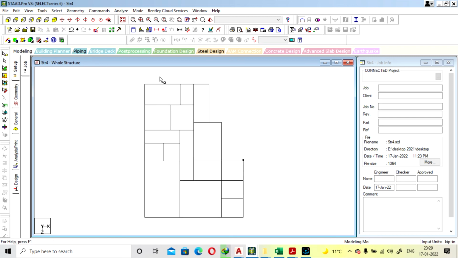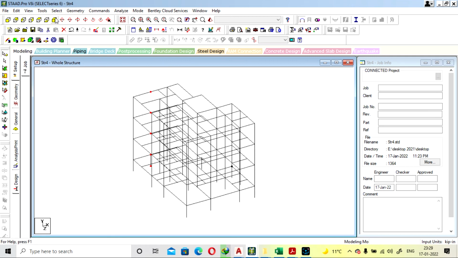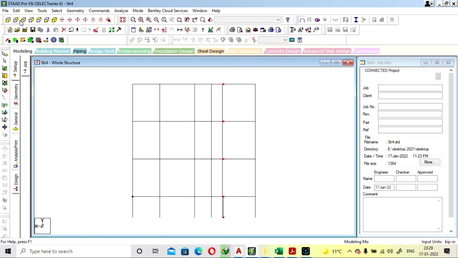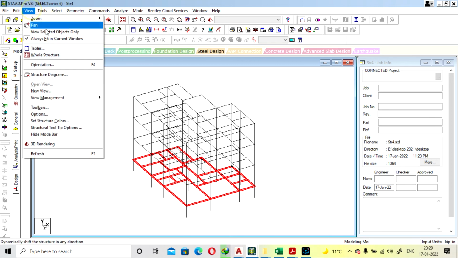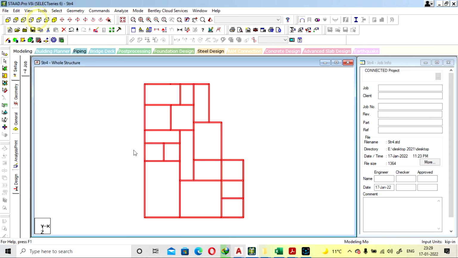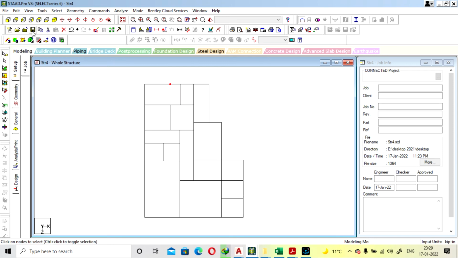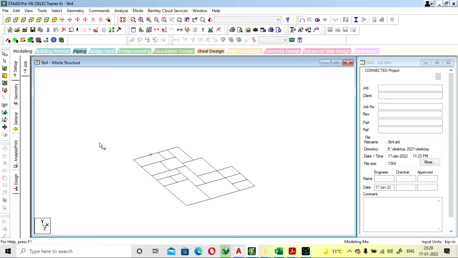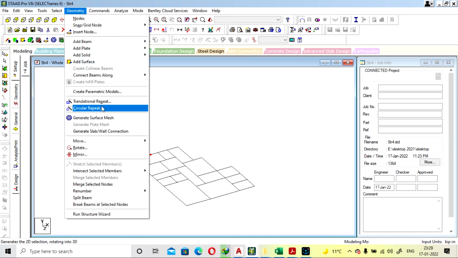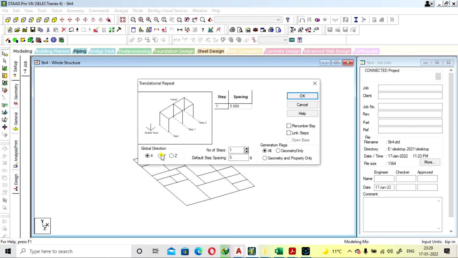So now select the beam. We selected the object. Select this only, select the node cursor, and go to geometry, translational repeat 3 and select link steps.